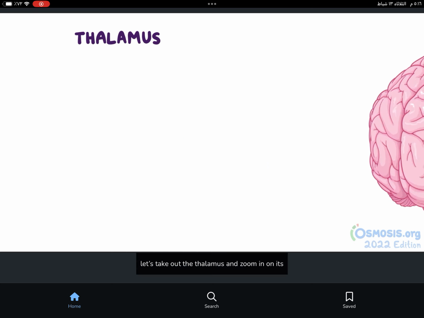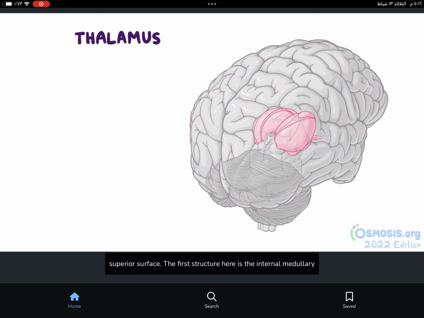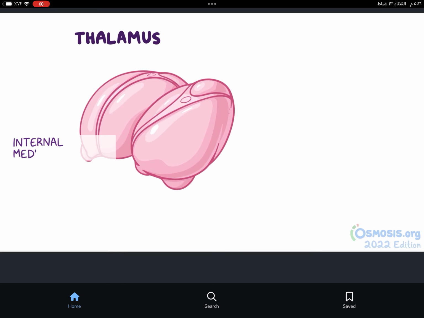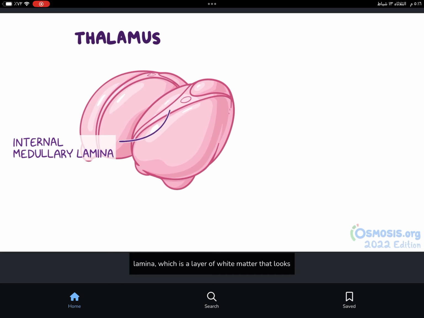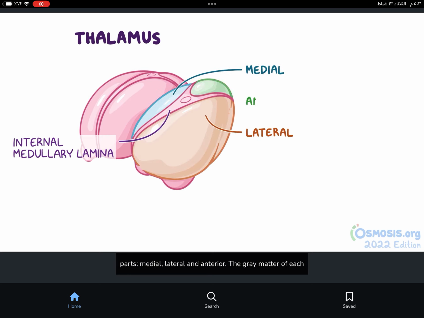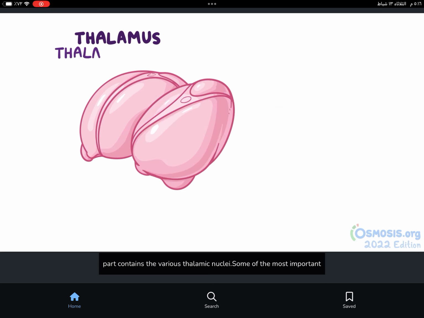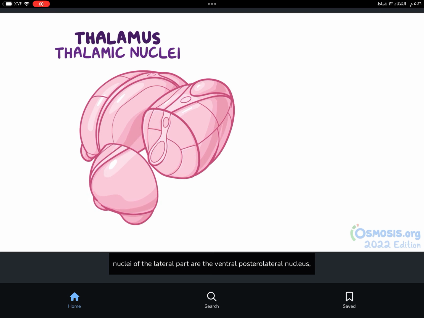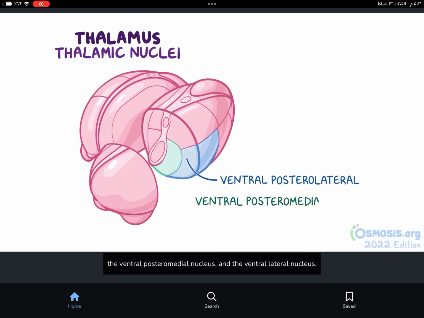Now let's take out the thalamus and zoom in on its superior surface. The first structure here is the internal medullary lamina, which is a layer of white matter that looks like the letter Y and divides the thalamus into three parts: medial, lateral, and anterior. The gray matter of each part contains the various thalamic nuclei. Some of the most important nuclei of the lateral part are the ventral posterolateral nucleus, the ventral posteromedial nucleus, and